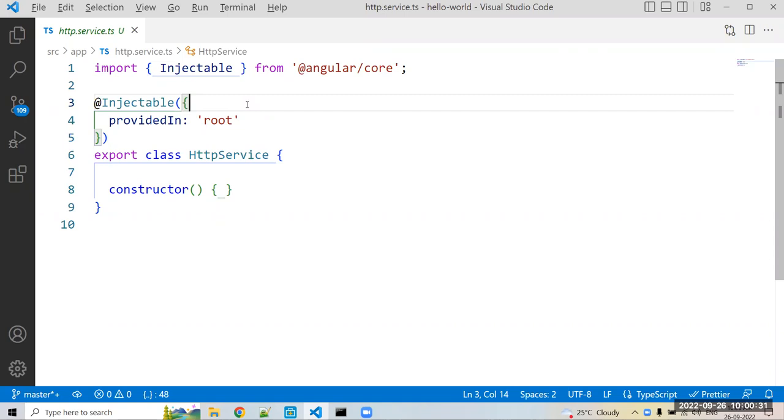Second advantage, when we are using the @Injectable decorator, that service we can access in any module throughout your application. You can access that service in any module. Okay, so that is one more advantage of @Injectable. Third advantage of @Injectable,